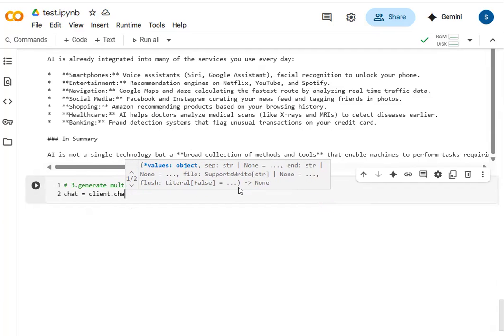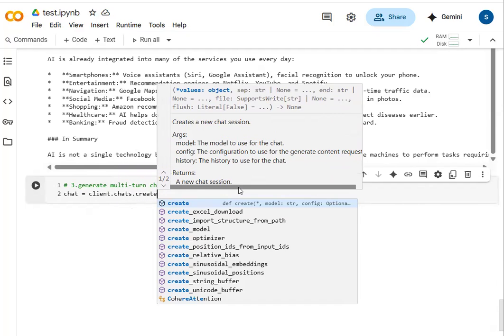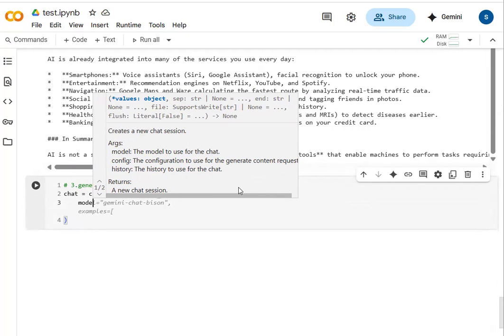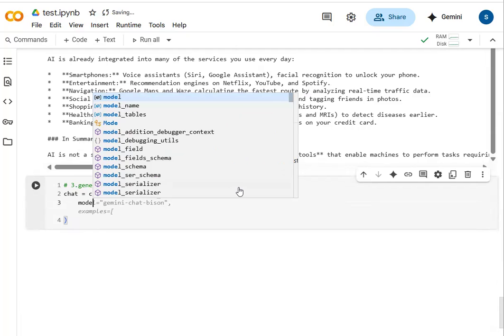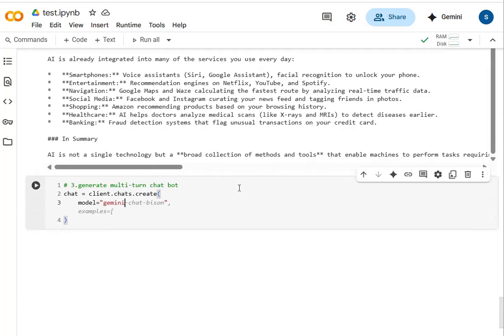We can make use of the chats method, and we are using the create method, and that's it. We are providing the model, that is, what model we are expecting to use. That is Gemini 2.5 Flash I want to use. So that's it. In this way, you can create a